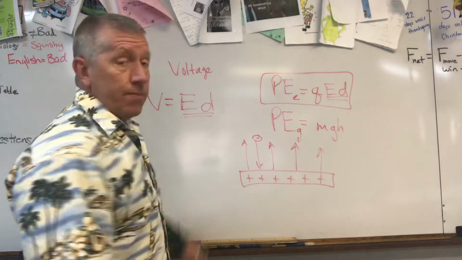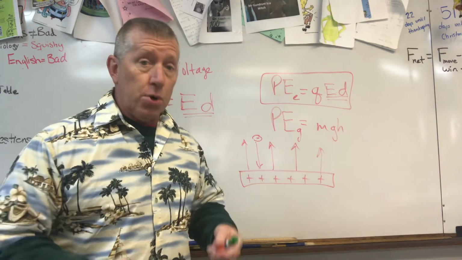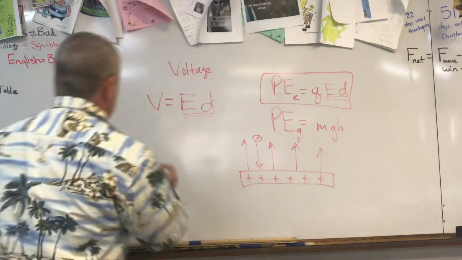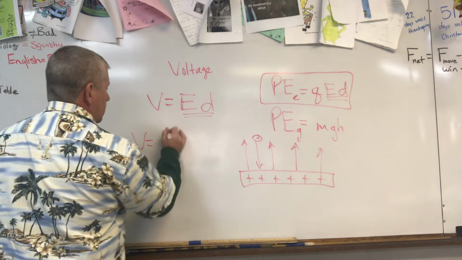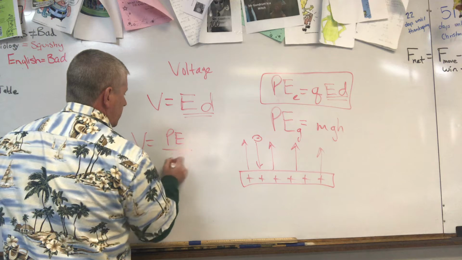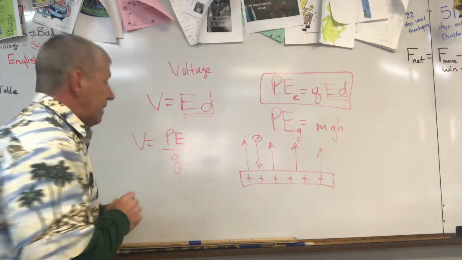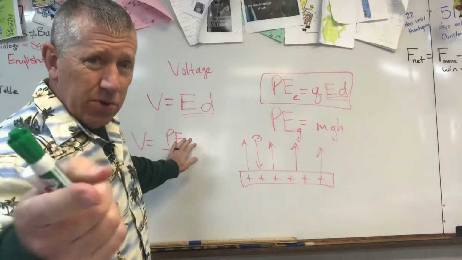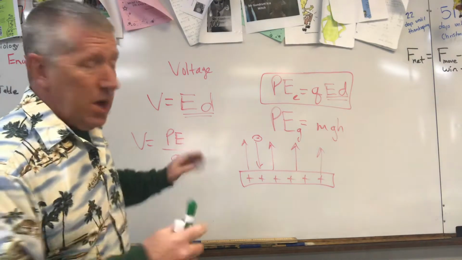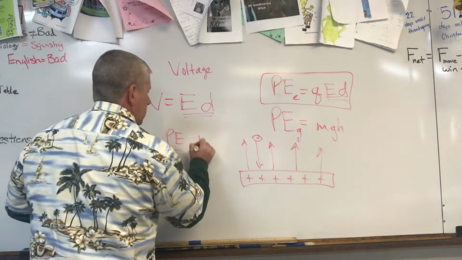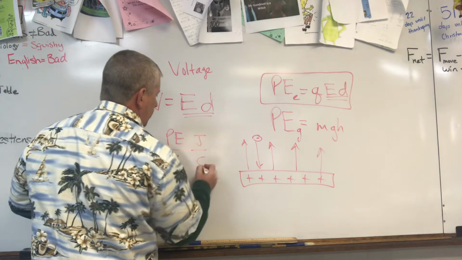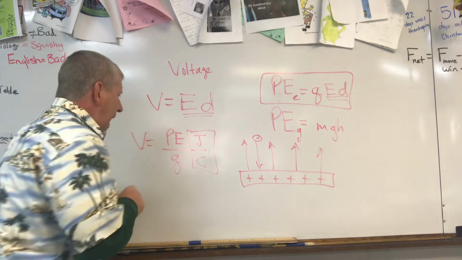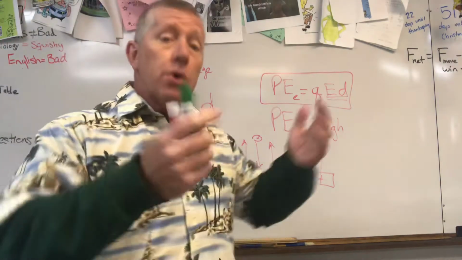With voltage, you don't need to know the charge. It doesn't matter. Voltage is the amount of potential energy per unit of charge. It means the amount of joules. Remember, energy is measured in joules, and charge is measured in coulombs. So voltage is joules per coulomb, and what that means is how much energy there is per coulomb of charge